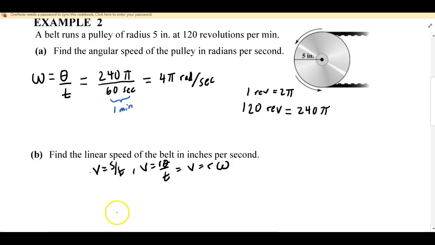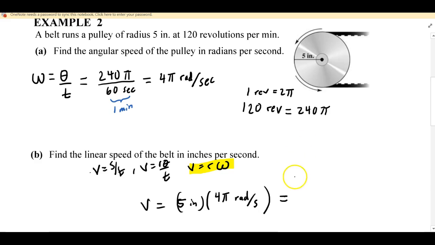R omega. I would use R omega, because we just found omega in the last part, and we were given the radius. So that's what I would use. So V then would be, R is 5 inches, multiplied by 4 pi radians per second. And then remember, radians is just a pure number, so it takes on the units of the other quantity. So that's going to be 20 pi